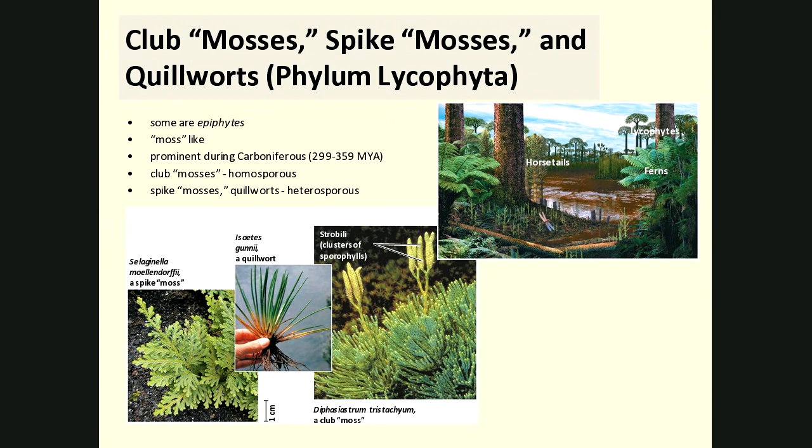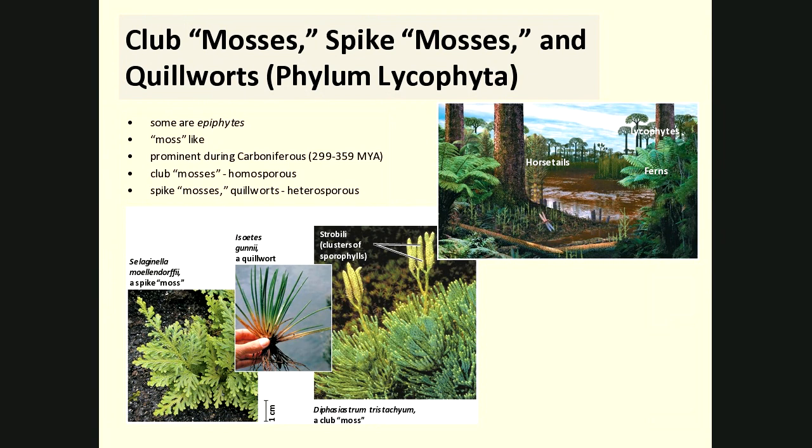It was these organisms that were really prominent back during the Carboniferous. You see in the picture on the right, I always love going online trying to find pictures of what they think it looked like. This is what it looked like about 300 million years ago during the Carboniferous period. It's called the Carboniferous because there was so much plant growth going on during this time that there was a lot of carbon, a lot of organic material. As a matter of fact, this is where a lot of the coal comes from.